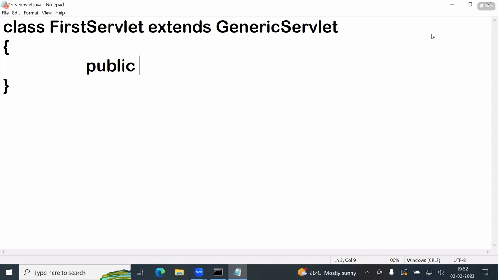In the superclass, if public is there, in the subclass what is valid? Public only is valid. If protected is there in the superclass, protected is valid and public is valid. If default is there in the superclass,